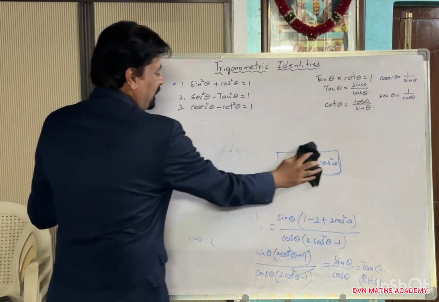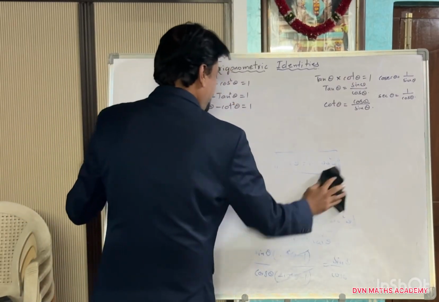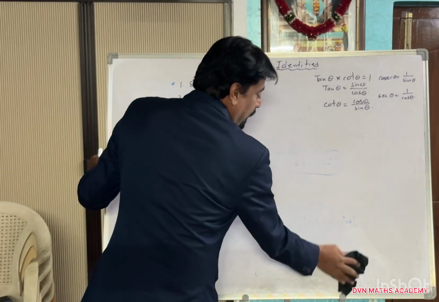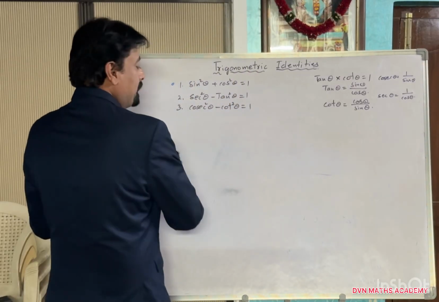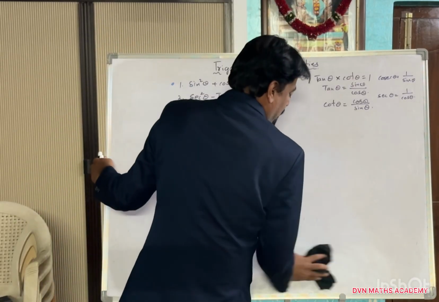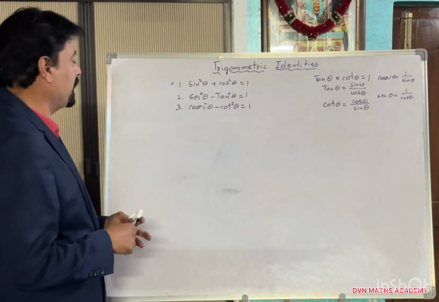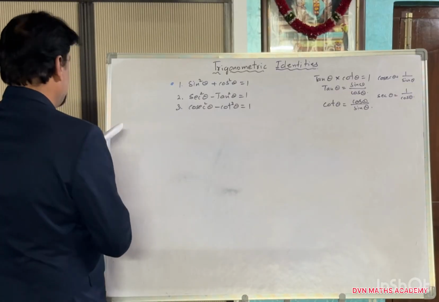For the second question, we'll take a somewhat complicated question in identities only. Here I selected some important questions. If you solve these questions, and practice some more questions by the way, it will be helpful for your annual exams. And the more you practice, the more perfection you will get. That's all. So my second question is, prove that,